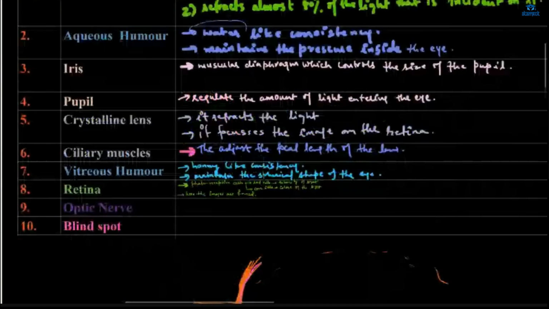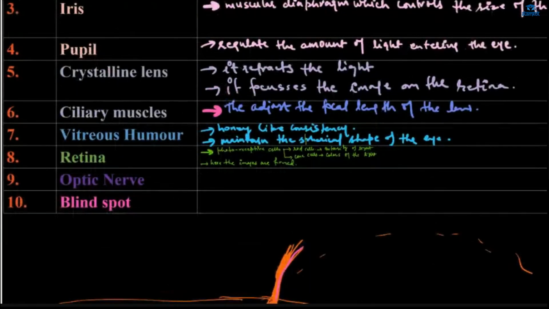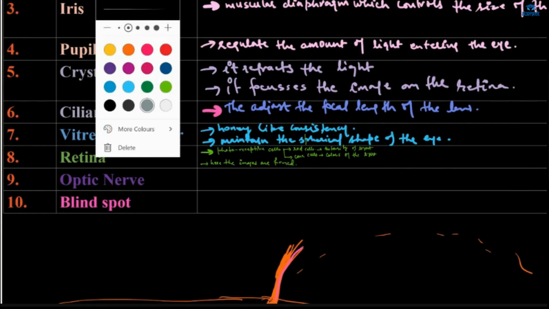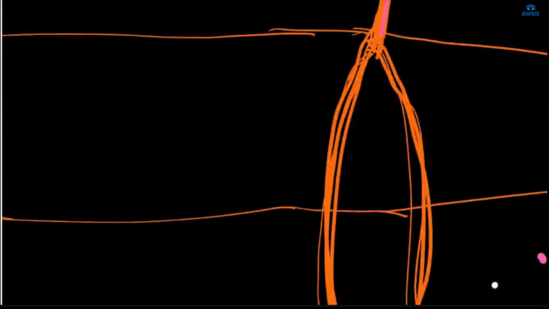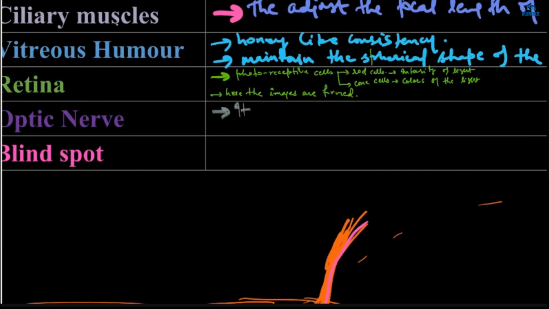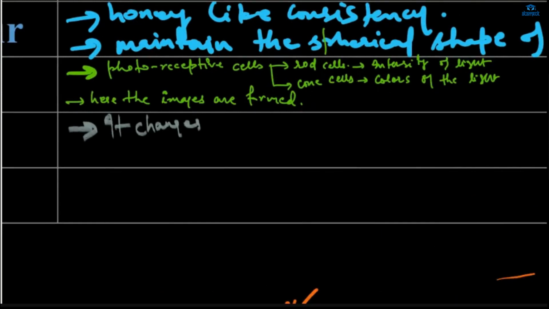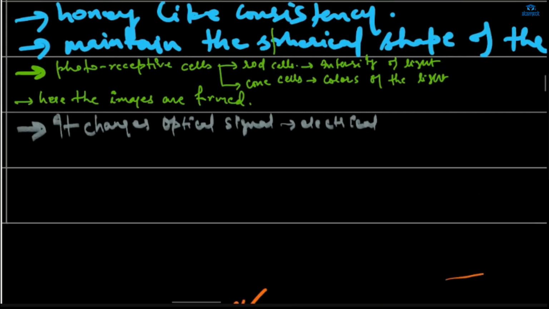Okay. Now, what does the optic nerve do? It changes the light energy into electrical energy. You can say light energy, or you can say optical signal. If you talk about energy, then you say light energy into electrical energy. So the optic nerve changes the optical signal into the electrical signal and